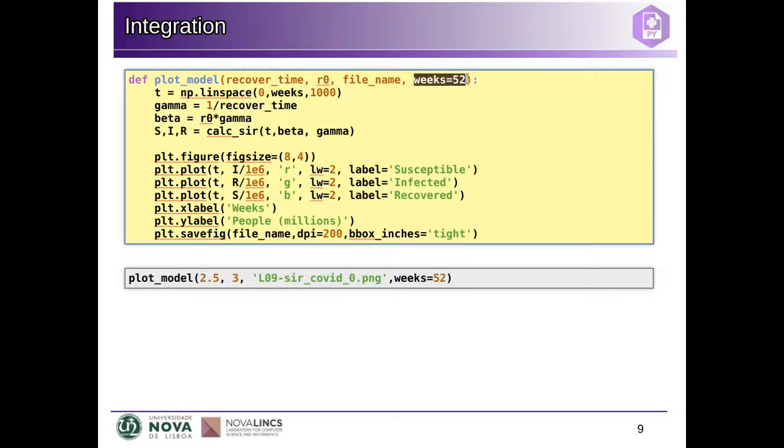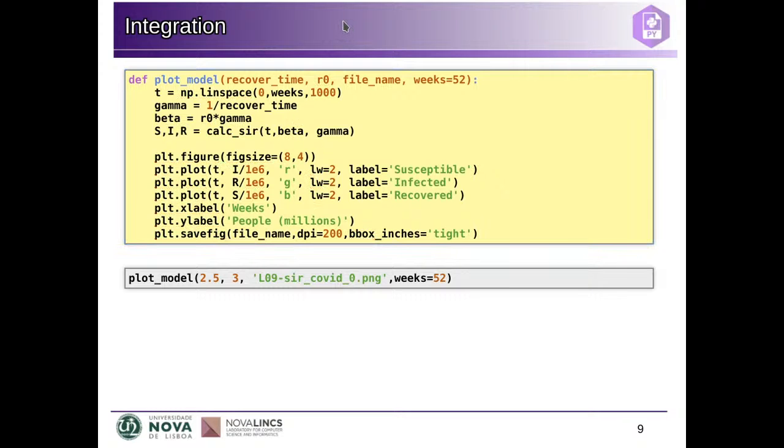This is the number of weeks we want to run the simulation for, and now we can automate all of this. So the time steps that we want go from 0 to the number of weeks specified here, and we want 1000 points. This is so that the plot is smooth, the lines are well curved. The gamma value is 1 over the time it takes to recover from the disease. The beta value is the reproductive number times gamma. So these are characteristics of the model. We now compute the